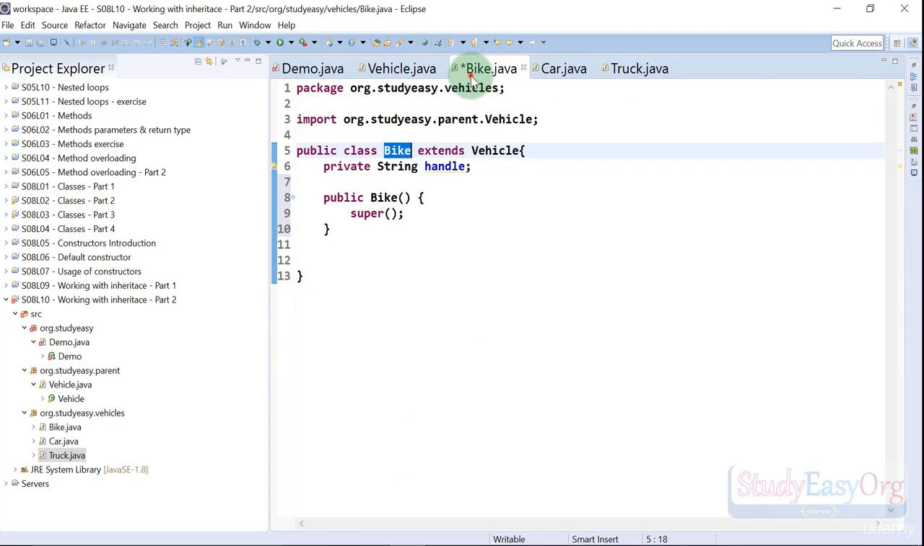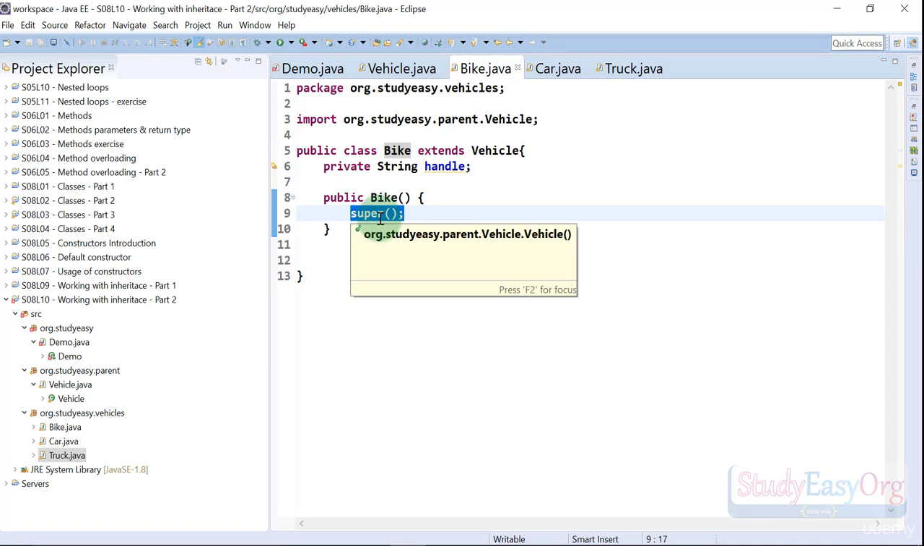So this is a little confusing. Let me show you this constructor in here. In this constructor, we are making a call to this super method. Now, what is the super method? Super method is nothing but the call to our default constructor. Whenever we are hovering upon this super method, in here we can see this path. The path is org.studyeasy.parent, which is the package, then Vehicle is the class, and Vehicle is the constructor,